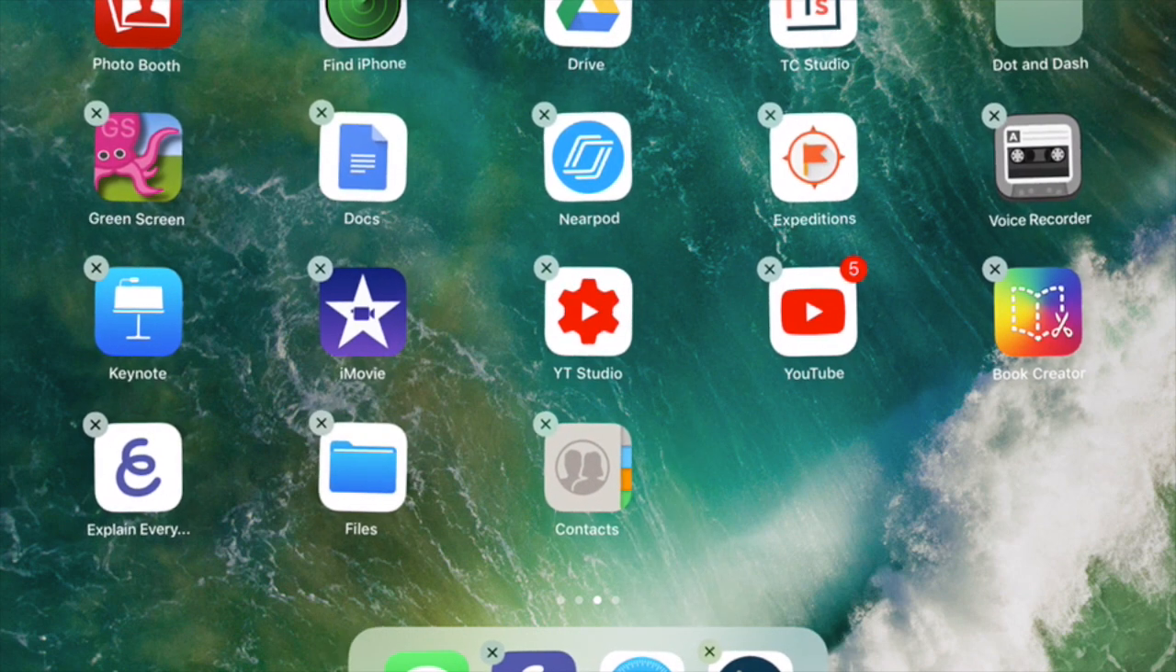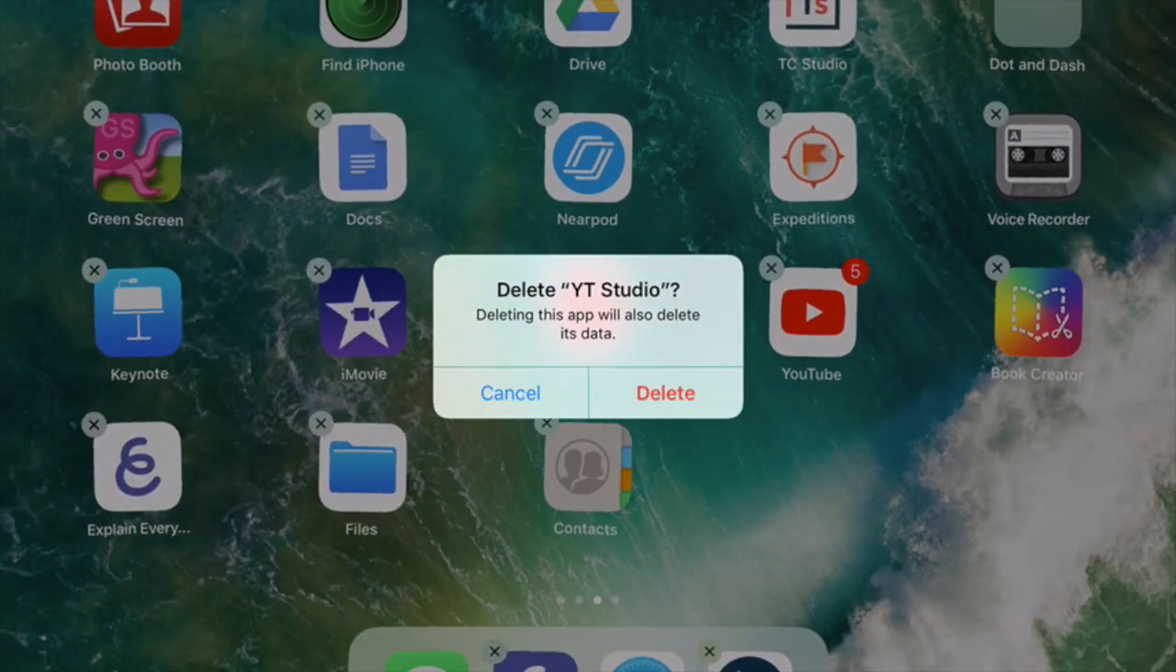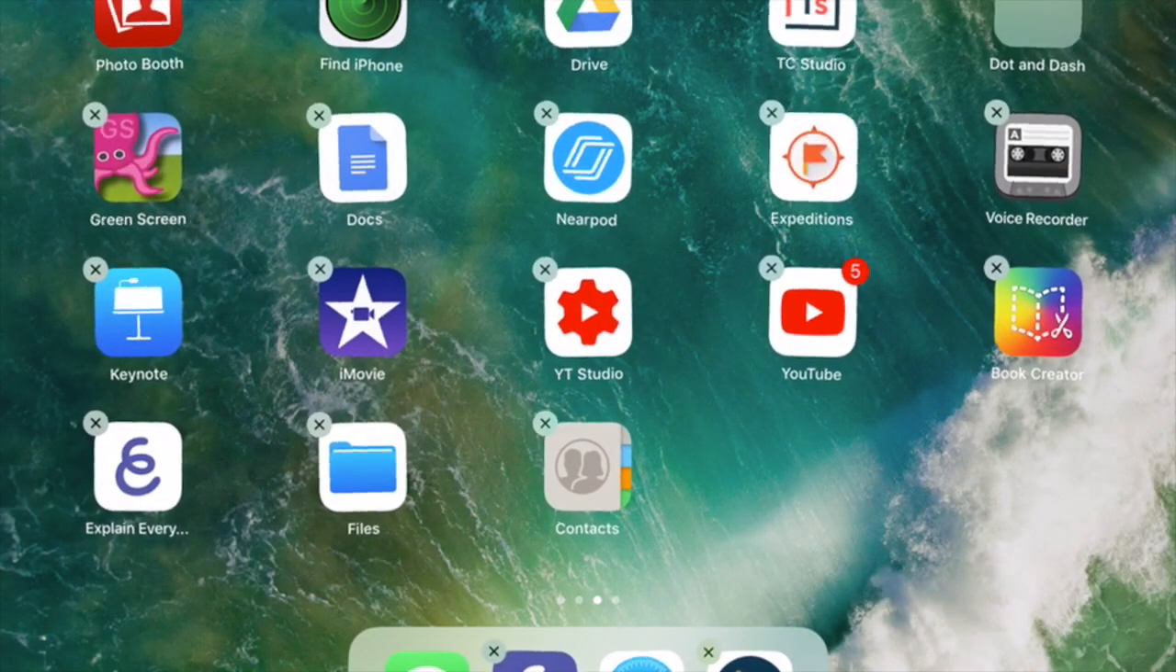The last thing I want to show you is how to get rid of apps. You want to just delete them because you don't need them anymore or you don't use them. Again, click and hold down on the app, and then you see how they're wiggling. There's a little X next to those apps. I'll just click here, and it'll ask me, do I want to delete that? If I want to delete it, I can hit delete. If I don't want to delete it, I can hit cancel. So, organizing apps